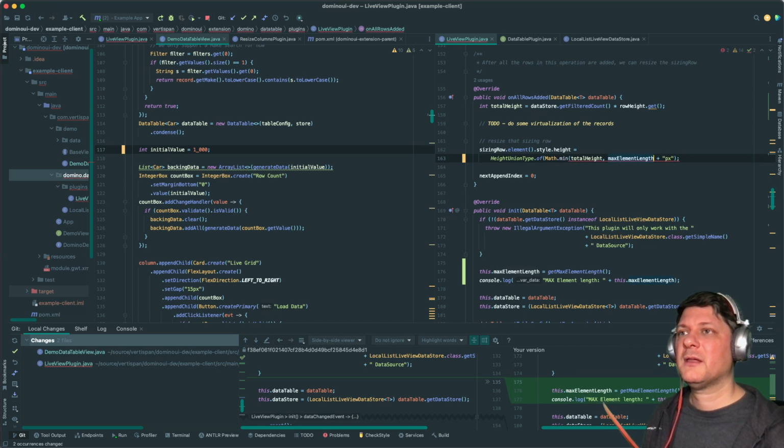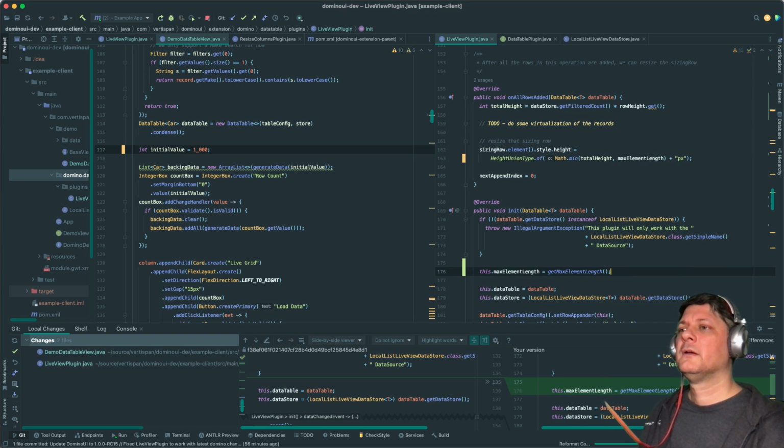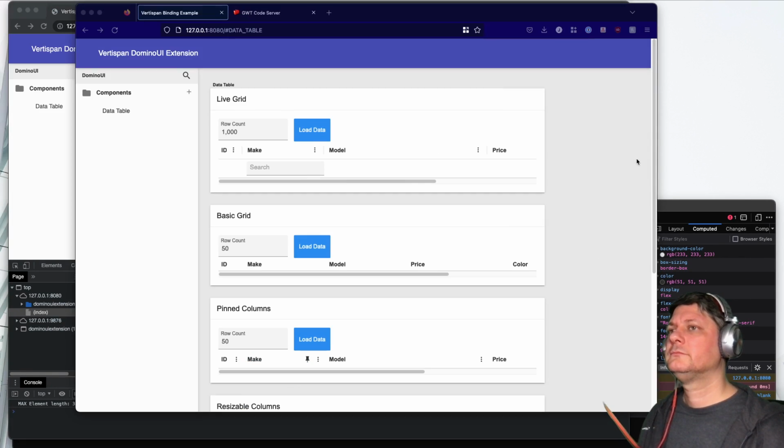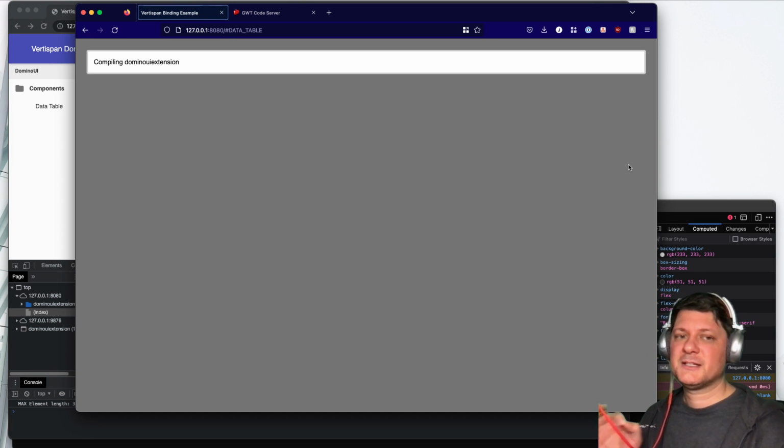Maximum element length. That way it never exceeds that length. And that should fix it for Firefox. At least